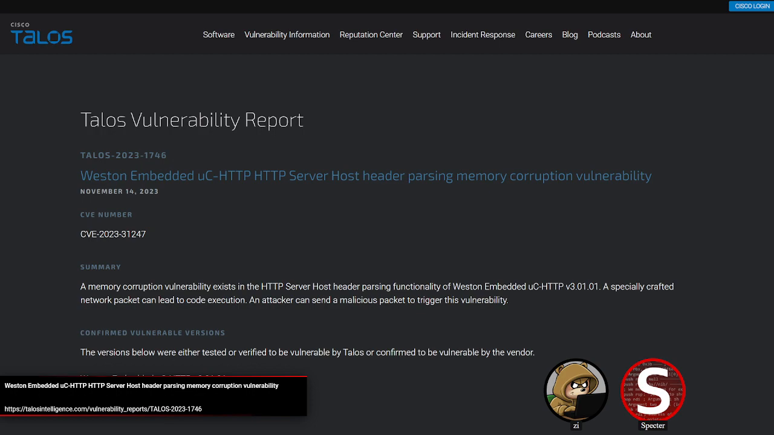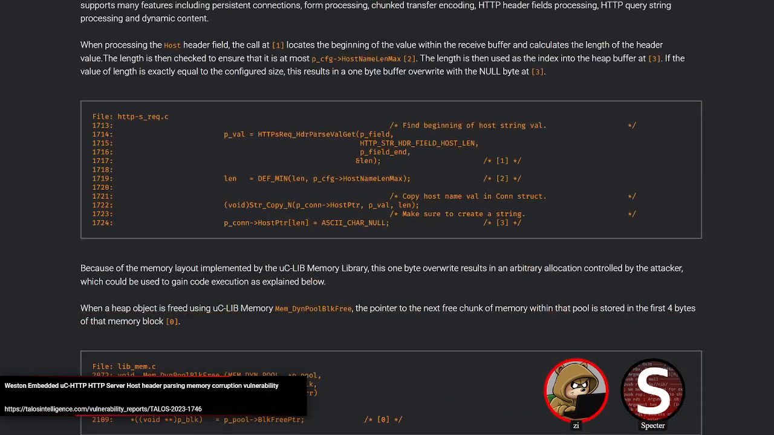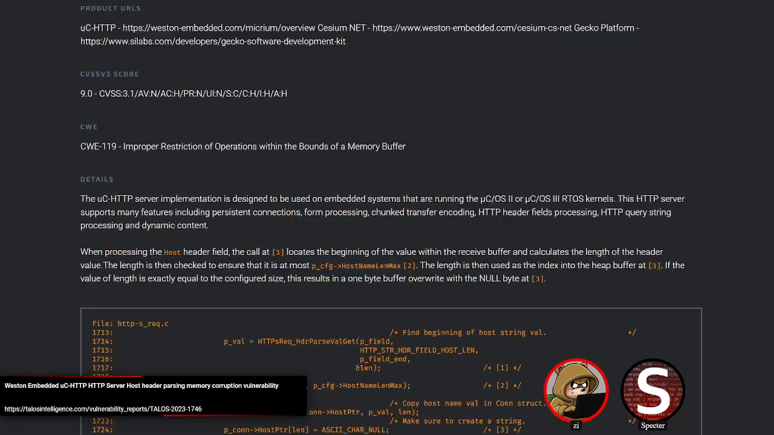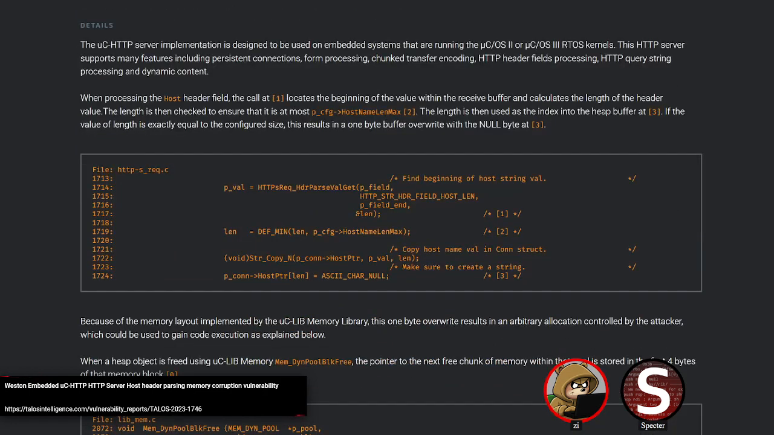in Weston Embedded UC HTTP, and I'll let Z get into this one. Yeah, and this one is relatively straightforward and has kind of a code pattern that you see a lot. As the title indicates, this is parsing the host header. You've got the potential corruption, and that just comes down